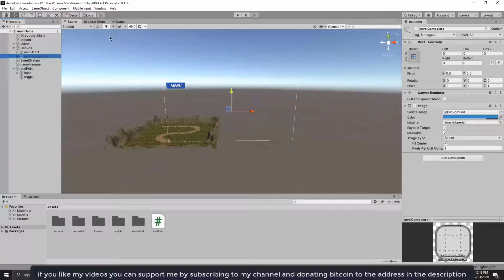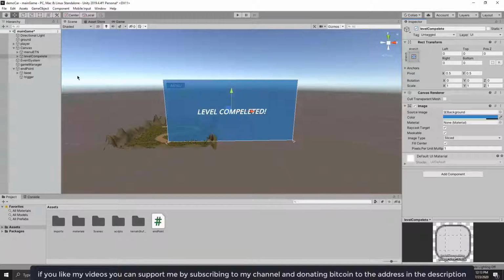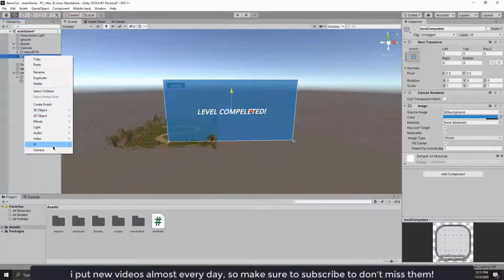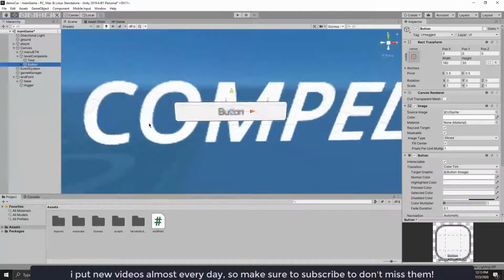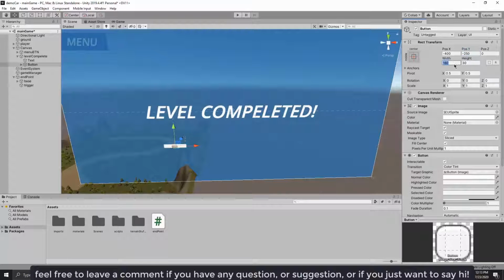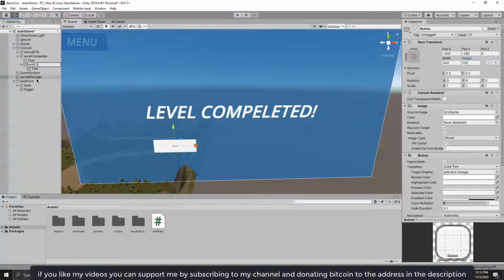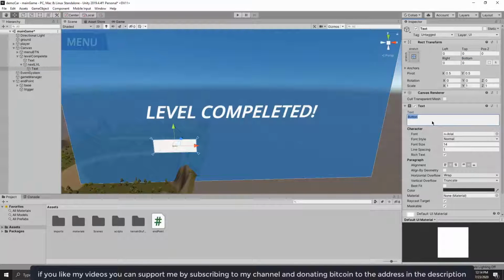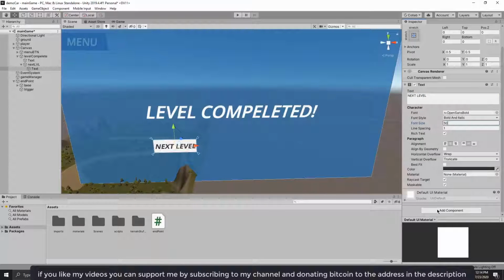I just want to quickly add some other stuff here. Under level complete, we go for a button, for example somewhere like here, -400, 250, a width of 300 and a height of 100. We can name it next level. Change the text to next level, and we can add a shadow,